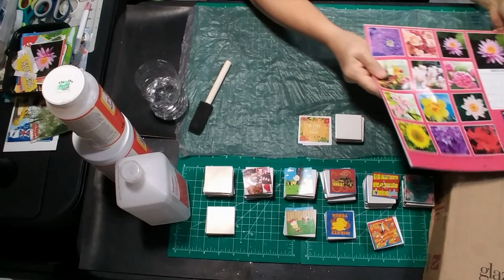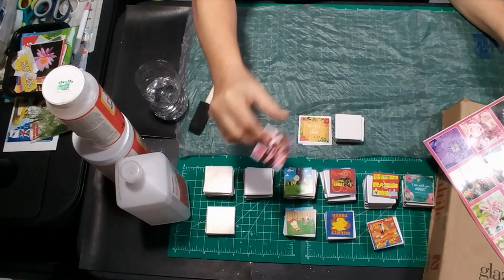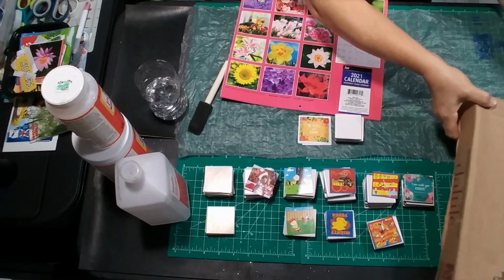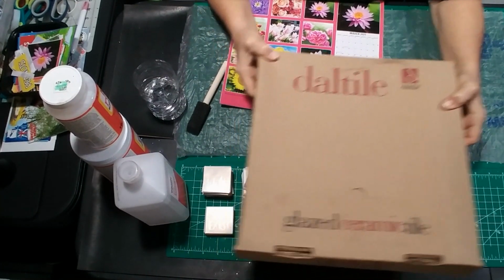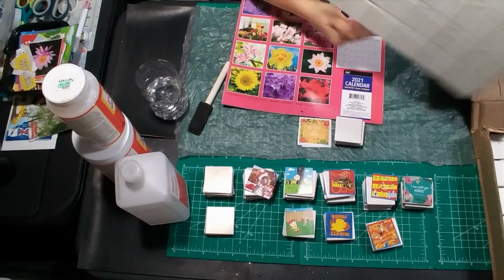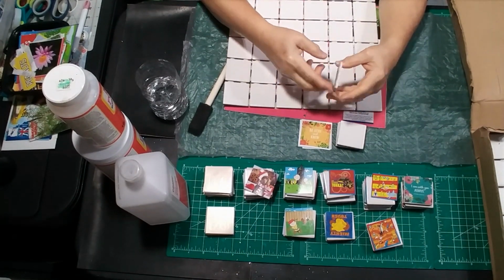All right, so I've got all my little pictures cut out, but I wanted to recap a little bit. So we're using this tile from Adult Tile, and again I got that from an estate sale. It came in a full sheet that I cut apart, scraped and sanded the edges,